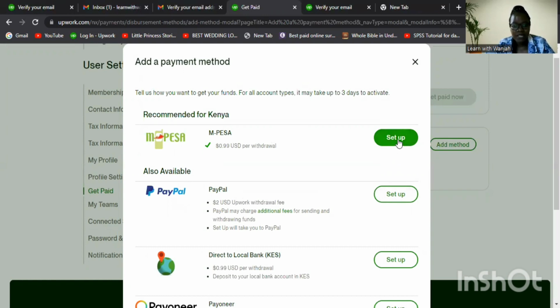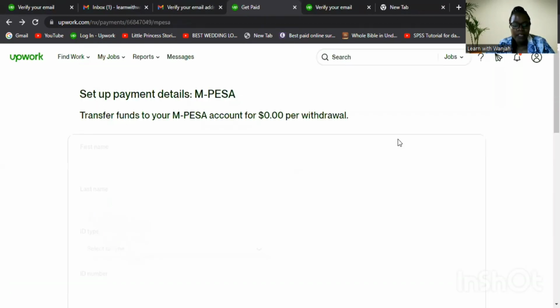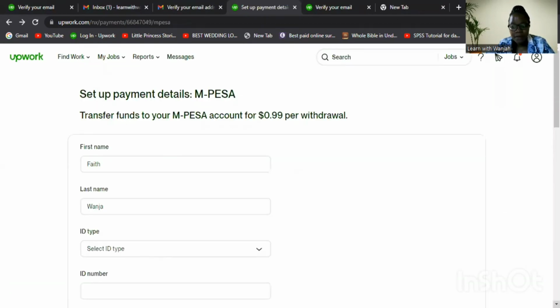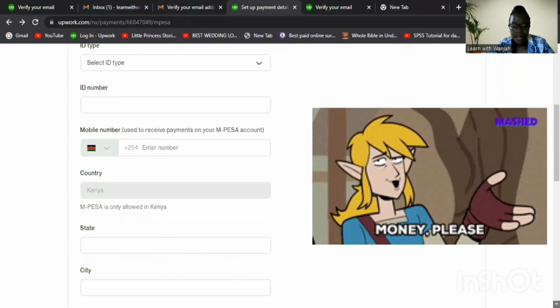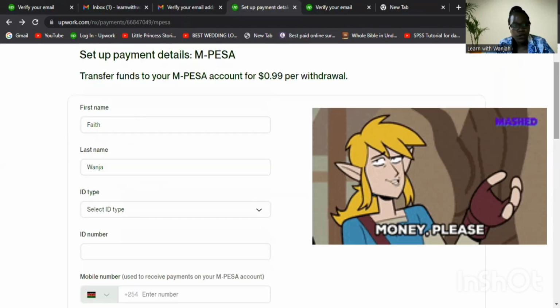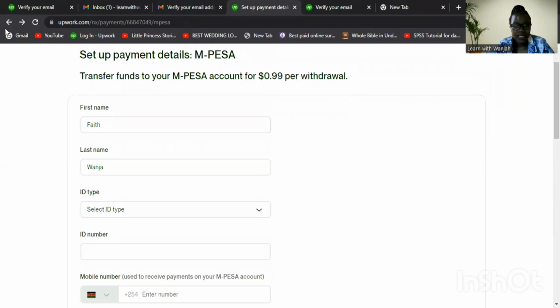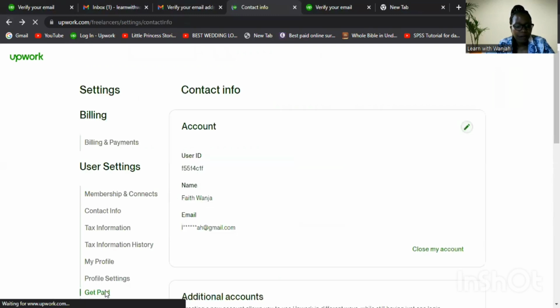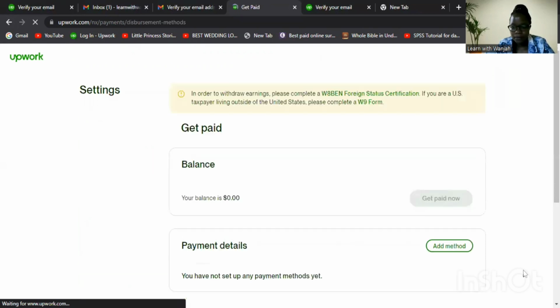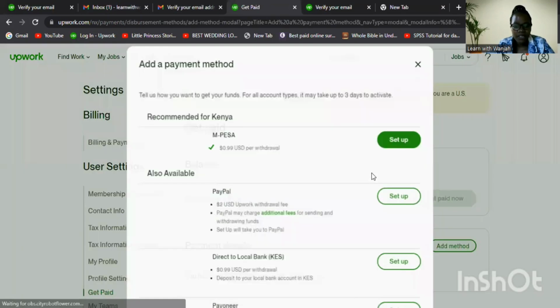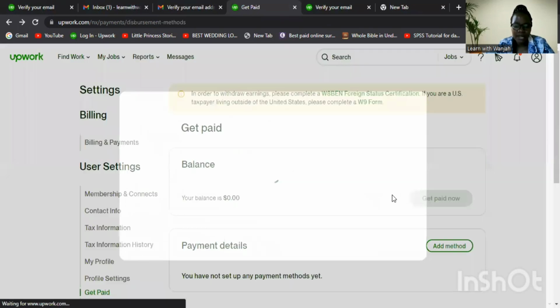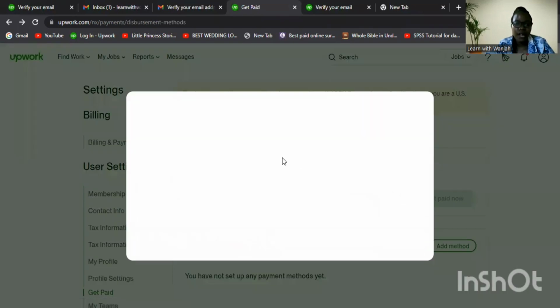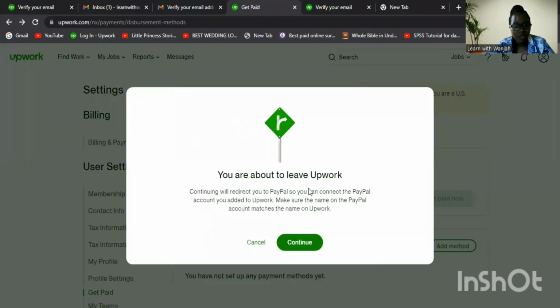So when I say, for example, M-Pesa, it's going to load another page for me. I'll fill in my details here. After I'm done, I'm just going to submit. So it's as easy as that. Very easy. If I want to add PayPal, it's the same. I add a method and then I say PayPal. I set it up and it's going to bring another pop-up where I'm taken to PayPal